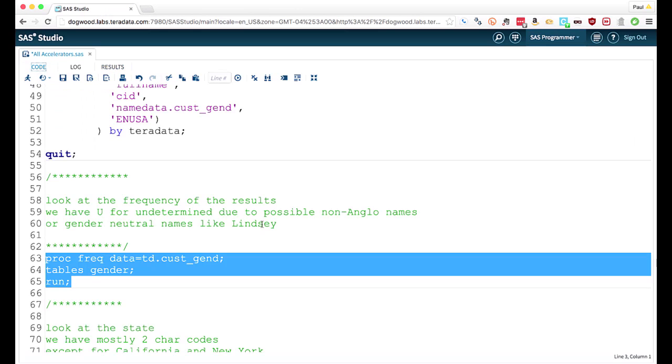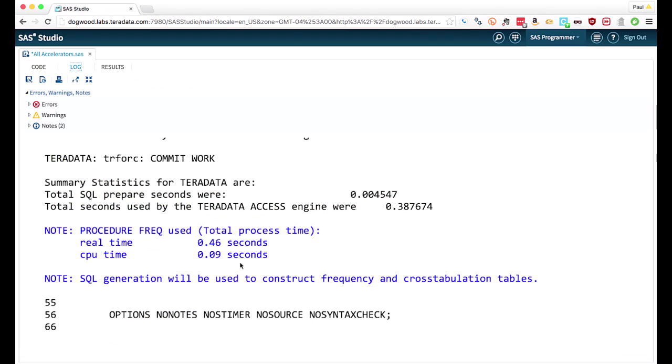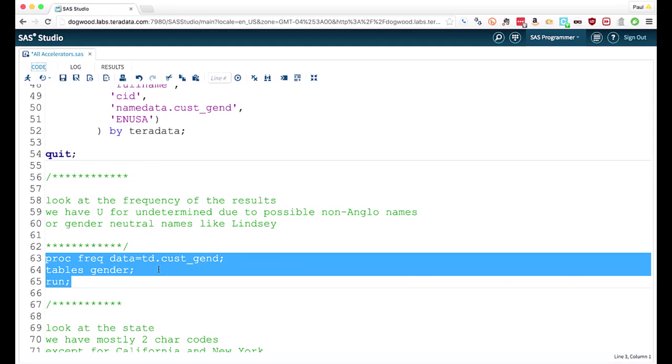Now, the other thing I want to make mention of while I'm on here is this proc freq. You'll notice it's exactly the same code that you've always written for a proc freq. But if we look at the log, notice the magic blue words here. SQL generation will be used to construct frequency and crosstab tables. Now, what's happened is the access engine has looked at this, realized this data is sitting inside Teradata. So what it will do is, instead of pulling back the entire 1 million rows into the SAS server, it